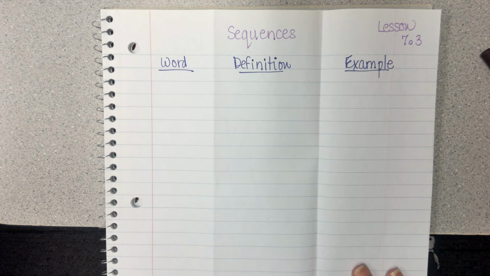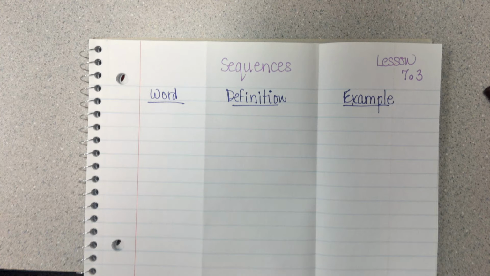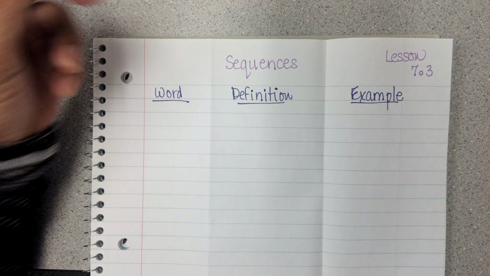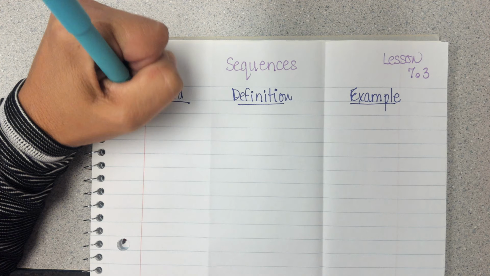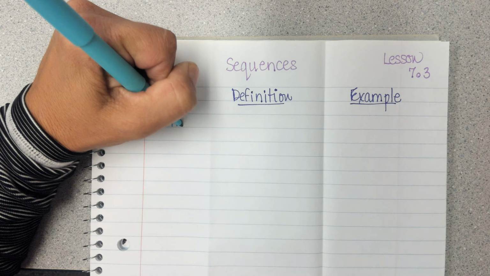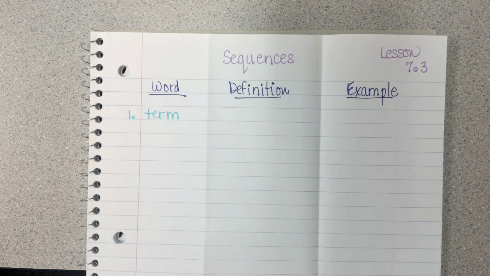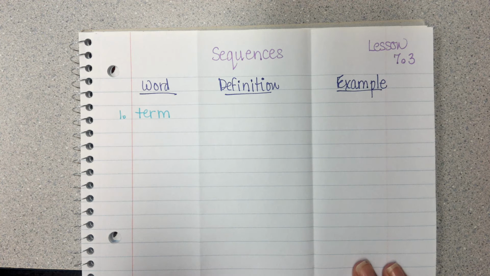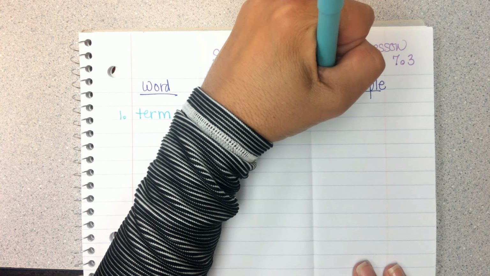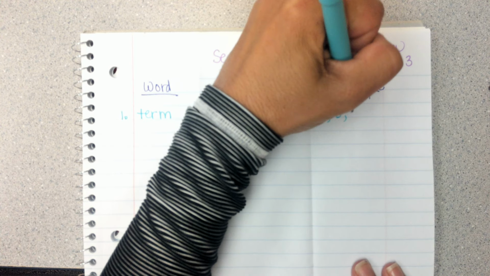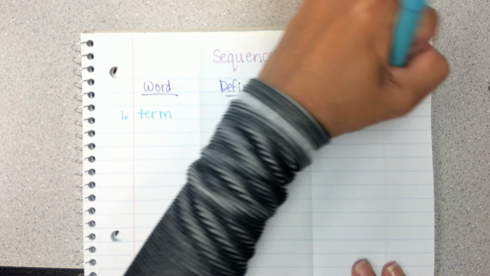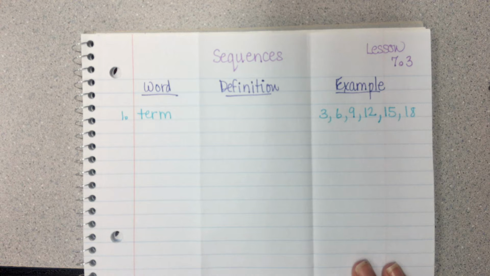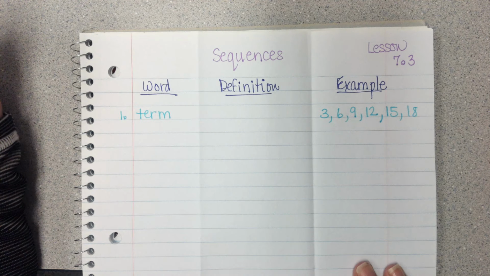All right, everybody, we're on chapter 7, lesson 3. It's called sequences. Our first word is going to be term. A term is each number in a numeric pattern. So, for example, I'm going to have a pattern that has numbers. So it's a numeric pattern. And the terms are each number